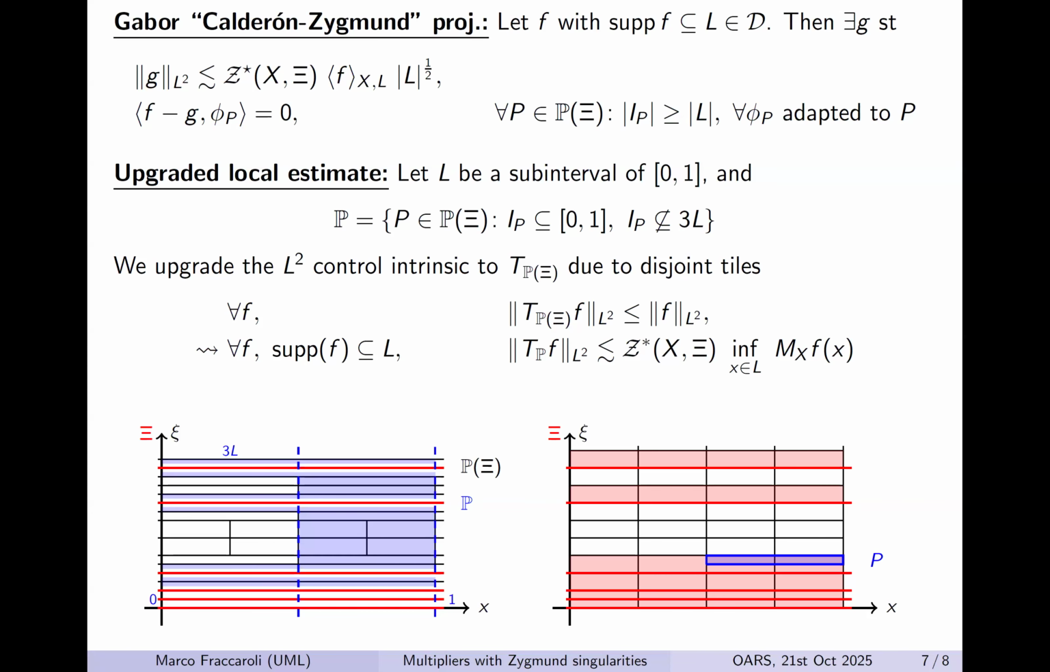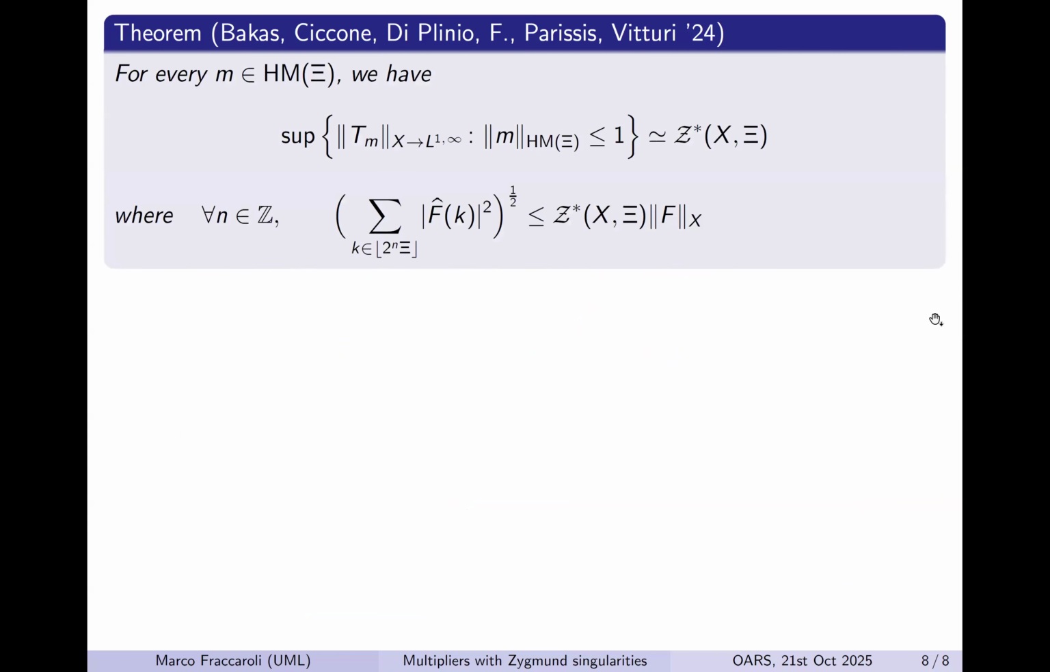Okay, and this upgraded local estimate is the main ingredient to then run the sparse domination algorithm through the different levels of intervals. Once again, with these upgraded estimates,